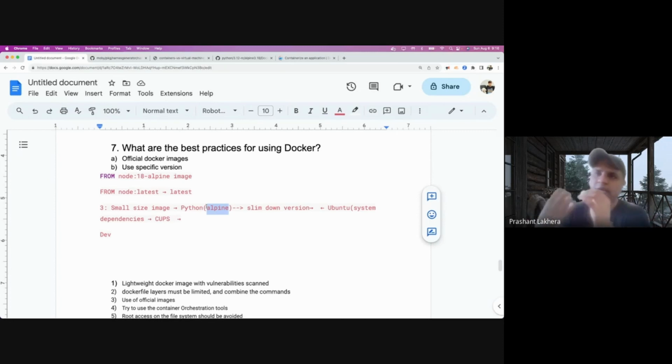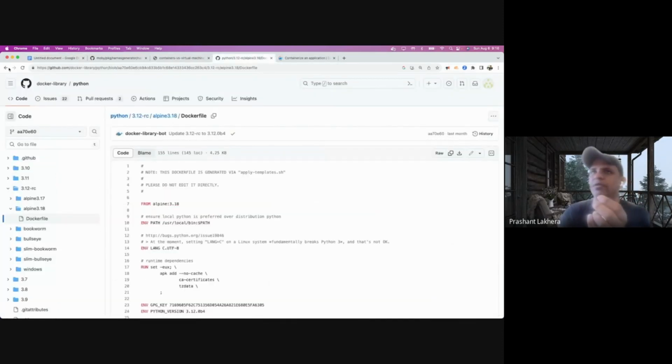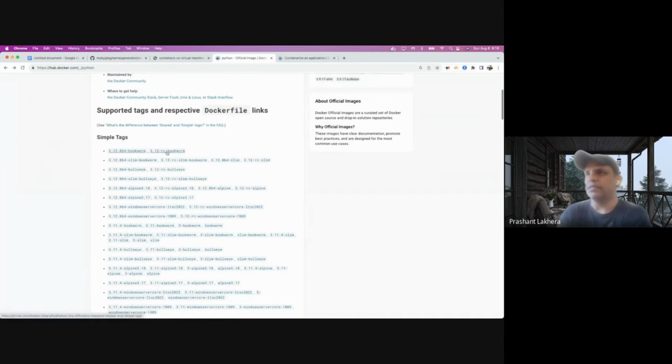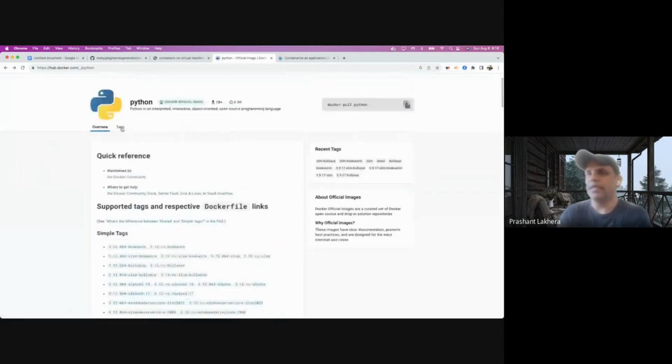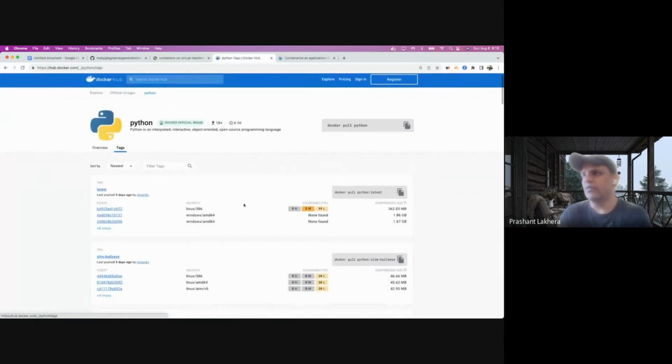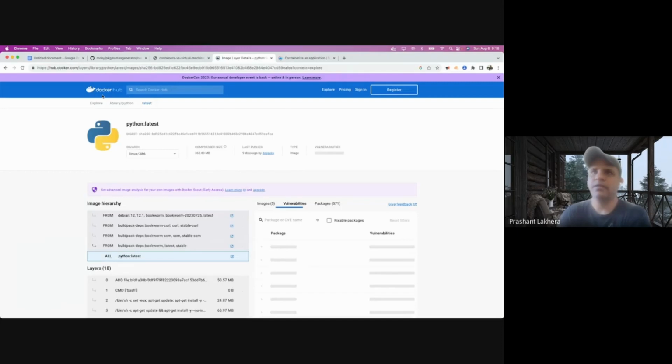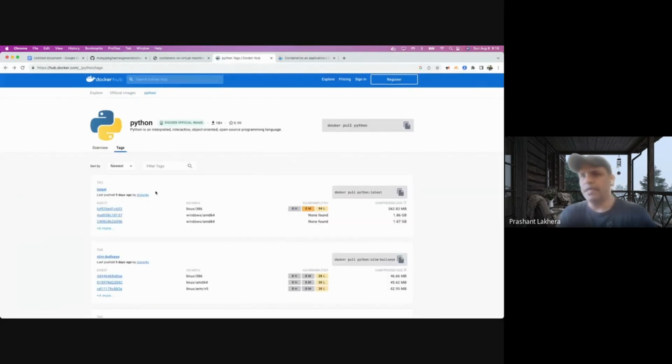So think of it like if you need to deploy this Docker container to hundreds of machines, the image size will be high if you are going to use the full image. So I think I can show you over here also, if they are still doing it. Tags. Okay, so if you look at the latest one, it has a size of like 362.83 MB. Okay, and if we look at Alpine base,